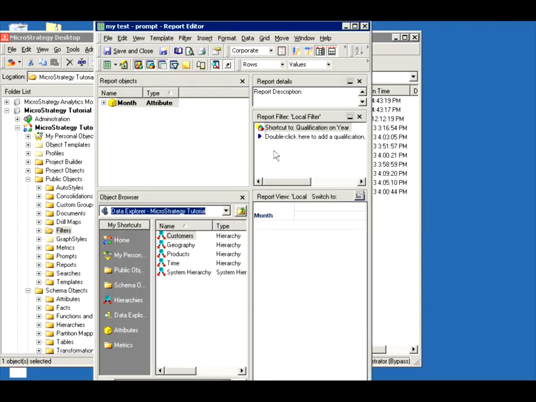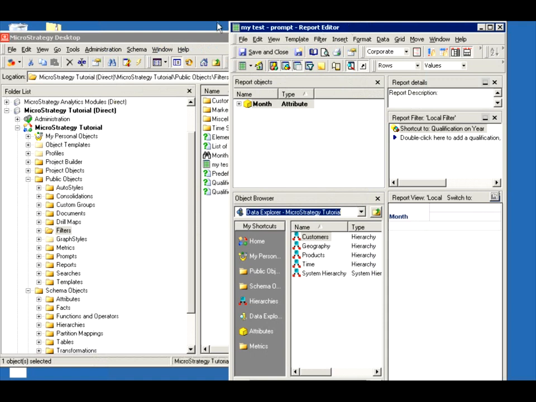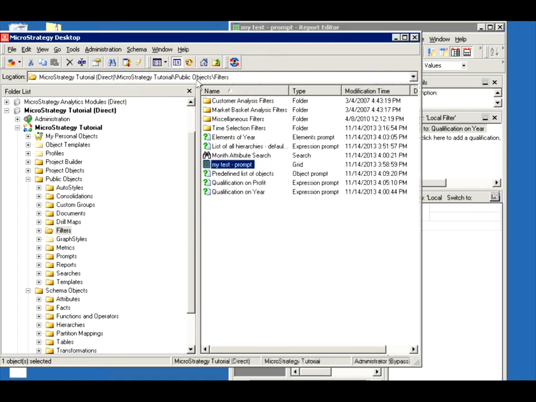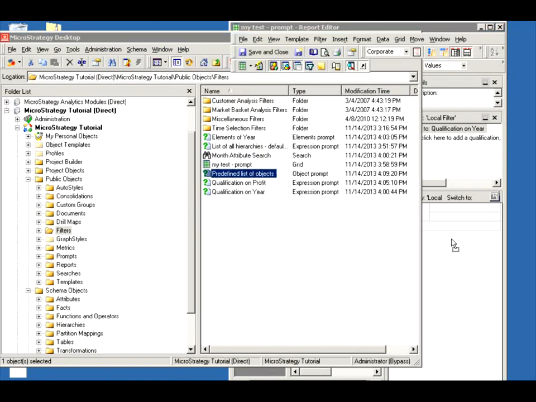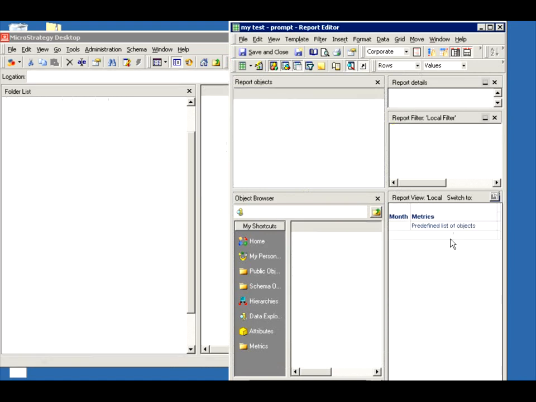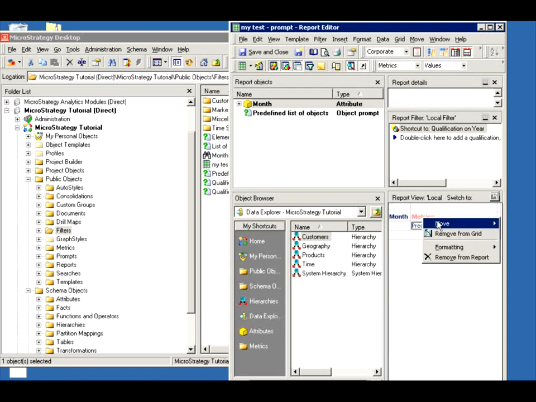So obviously it doesn't make sense to filter by a list of metrics. What you're trying to do here is add this to the template. Notice here, now we have a metric based on the result of the prompt. Remember I said embedding prompts can be done in multiple ways, but for a list of objects, this is a good way of using it. For a list of attributes or a list of metrics, save and close,